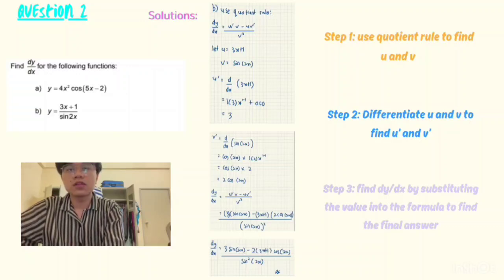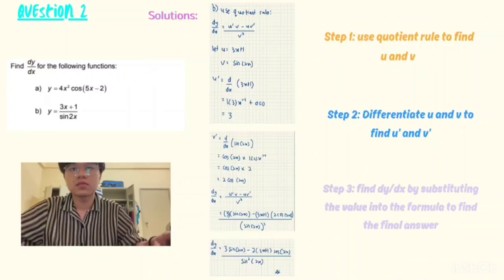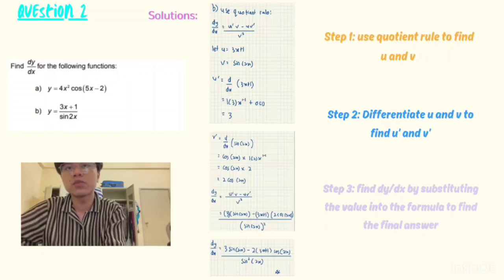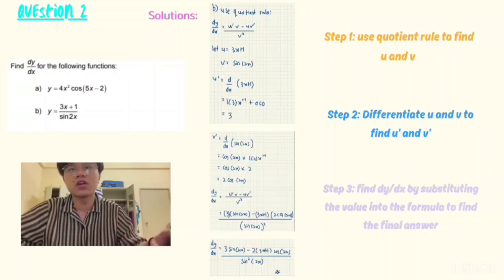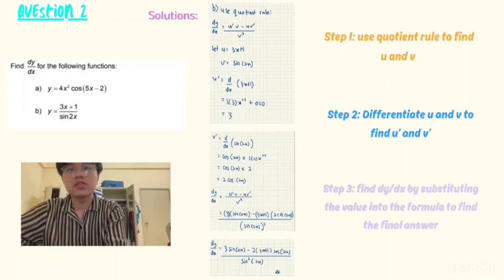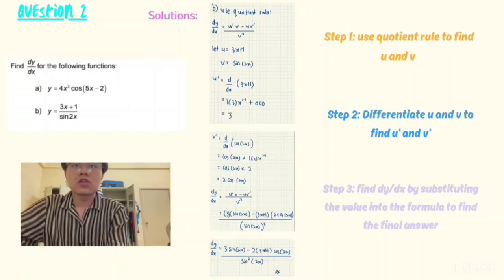So multiply the both of it and we will get 2 cos 2x. So to find dy/dx, we will use the formula from just now, which is u prime v minus uv prime over v squared. Substitute the value, we will get 3 multiply sine 2x minus (3x plus 1) multiply with 2 cos 2x